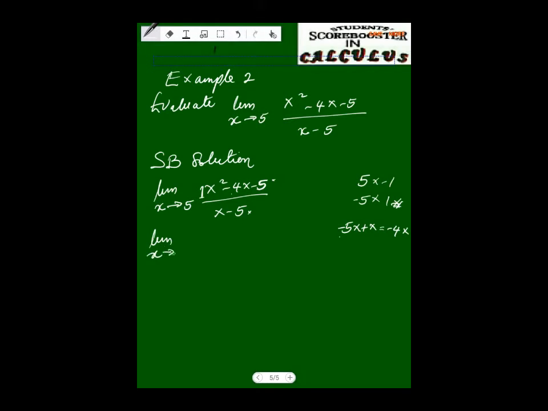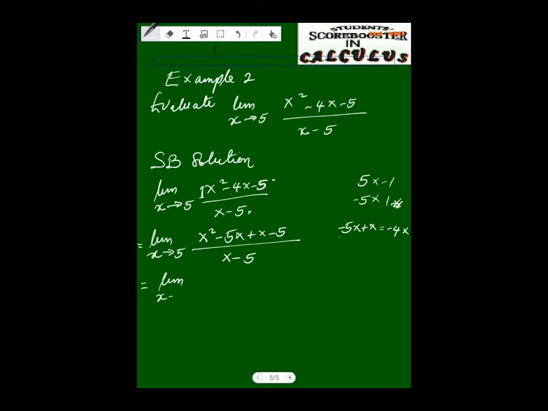I will continue with my working, and I have x squared minus 5x plus x minus 5 over x minus 5. Okay, and this will be equal to